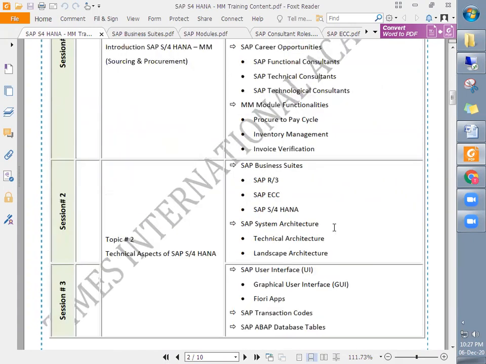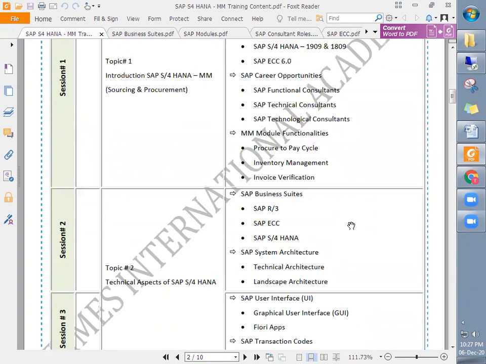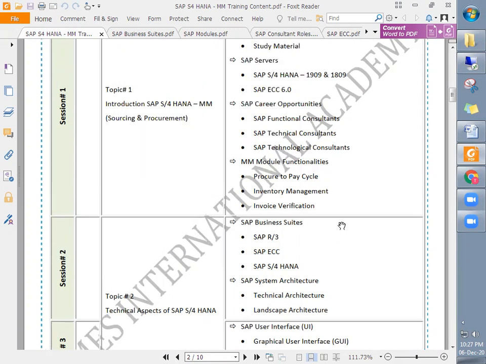You can compare it to MS Office: MS Office 2010, 2013, 2018. The latest version, MS Office 2018, has more functionalities and features compared to MS Office 2010.